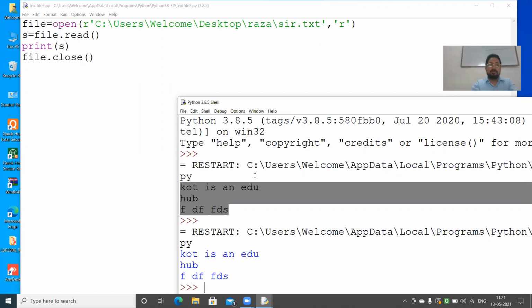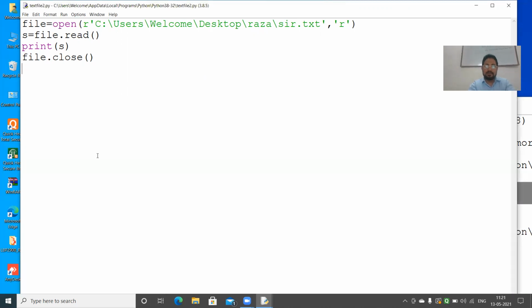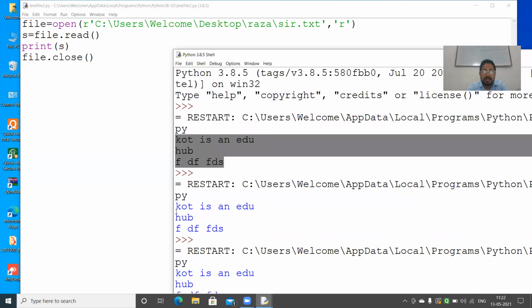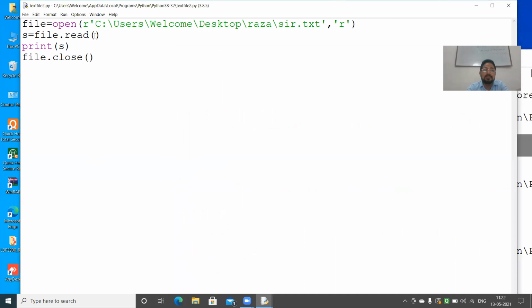Now, after this, I will come to the next functions, that is readline and readlines and the number of bytes, etc. So in this program, we are reading the complete file. First you see the result of this. Run. So you are getting the result. If I give 1, 2, 3, 4, 5, so I will just give 5, and I will run this.